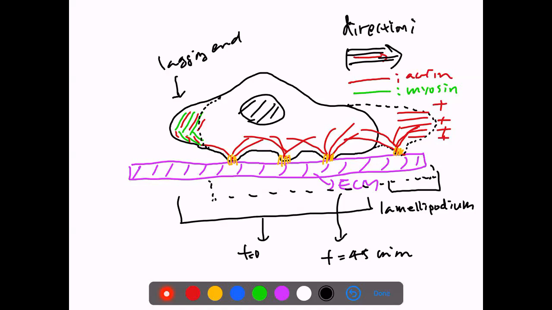What is giving them some kind of instruction to move in a certain direction? I think this could be a fibroblast. So this is the overview